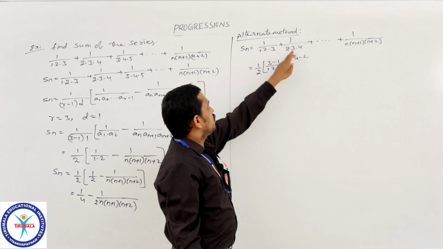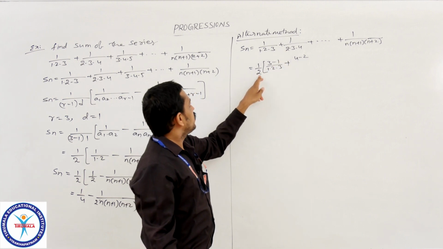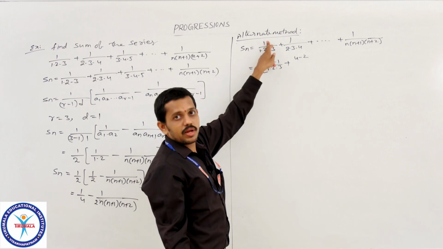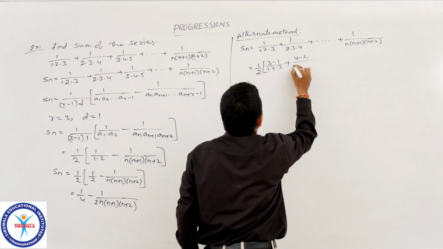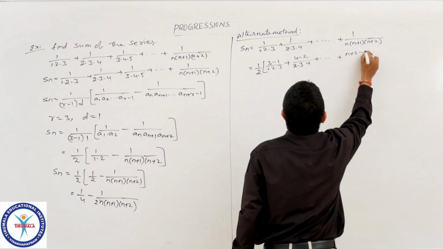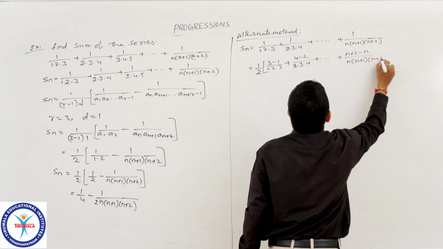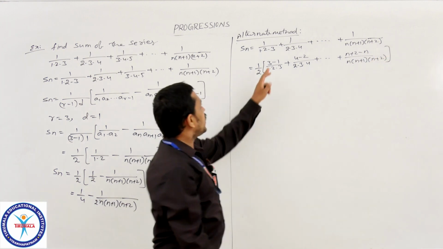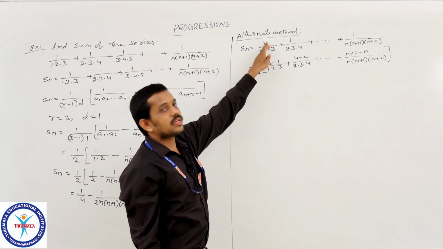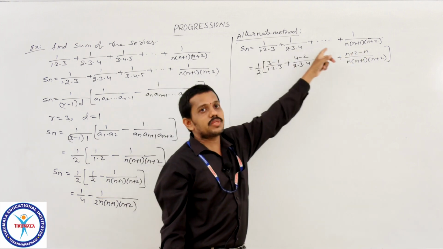Here we can take the difference between the first term and the last term and we can divide it by the same value. Then here we get 2. Again when multiplied with 1 by 2 we get numerator 1. So 4 minus 2 by 2 into 3 into 4 plus and so on plus n plus 2 minus n by n into n plus 1 into n plus 2. See here 3 minus 1 is 2, when multiplied with 2, 2 ones are 2, so we get 1. Here also 2, here also 2, by taking 2 common and cancelling we get the same sequence.